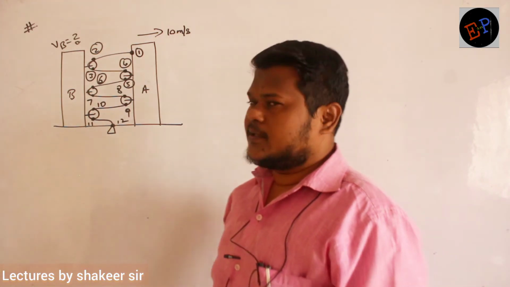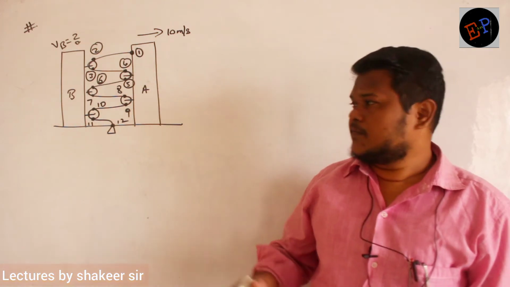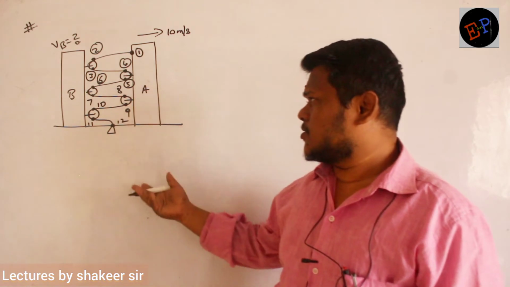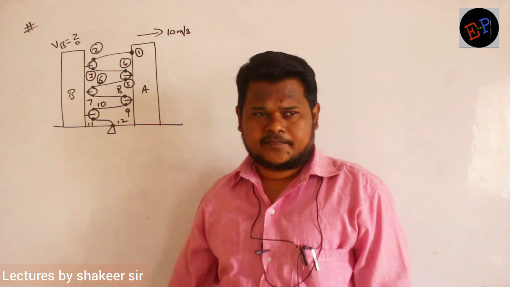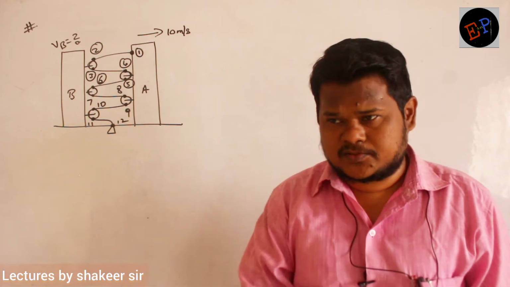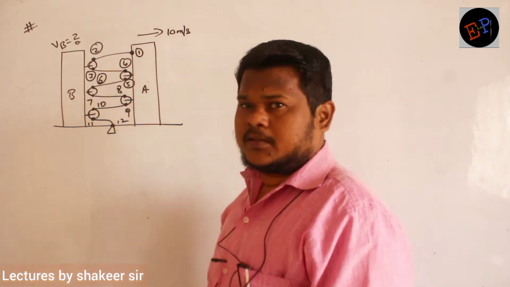So which points are we taking? We are taking all those points which are connected to the rope and the pulleys. There are no blocks which are connected directly, so we are not taking them. So all the points you have to take on the same rope. Are you able to understand?